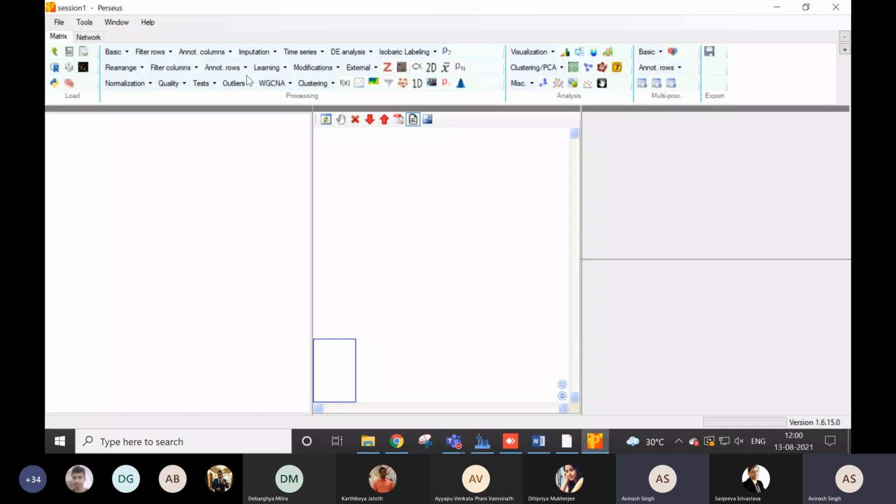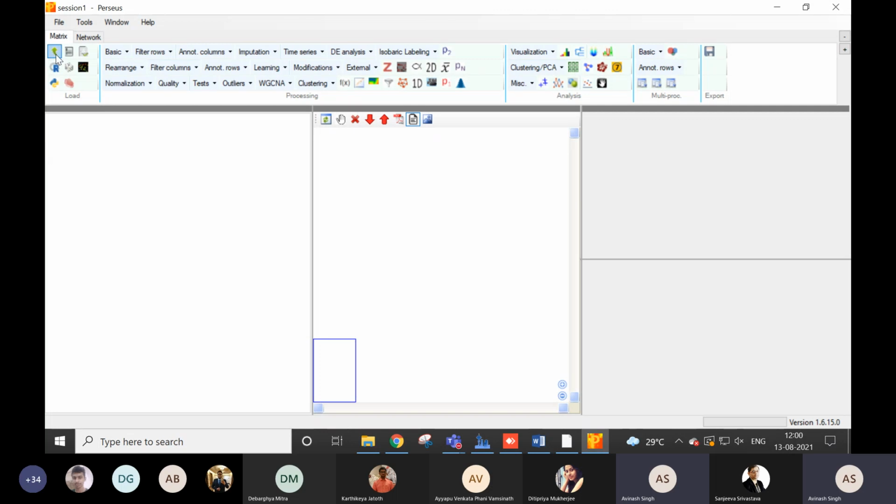Okay. Yeah. So this part is where all the toolkit is. The processing part is here, and here you can do the analysis or visualization part. So you can check all the histograms and different volcano plots and the correlation matrix and PCA. All the visualization part is there. Here you can see the matrix in this part, and here you can see the workflow.